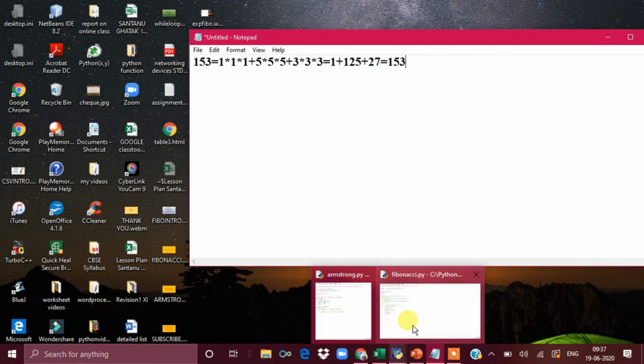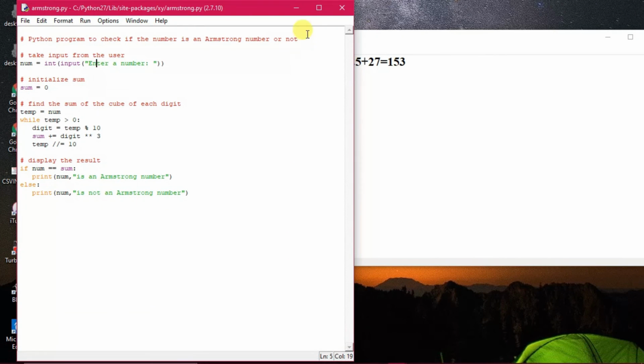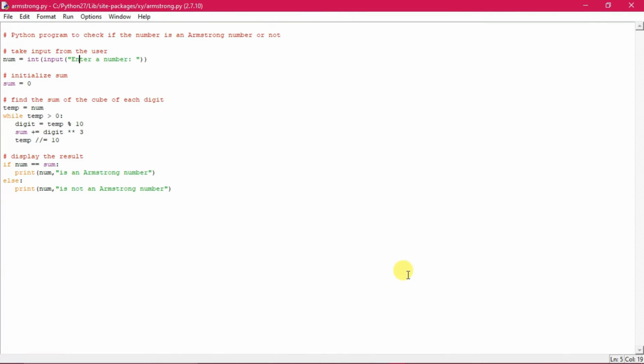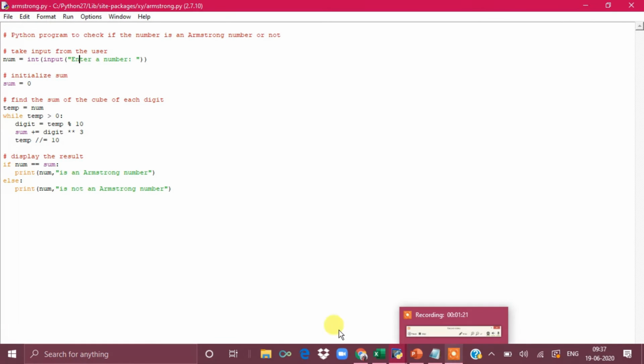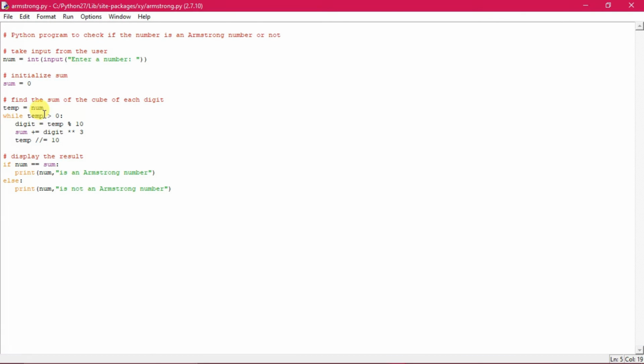All right, so we come next to the Armstrong number. How do we check whether a number is an Armstrong number or not? Here a number has been inputted and one variable has been taken to accumulate the sum of the digits after cubing them. Then I've taken a temp variable to store the num, because it is going to change in due course. How is it extracting the digits? A very important operator has been used. Last time you all have done this.